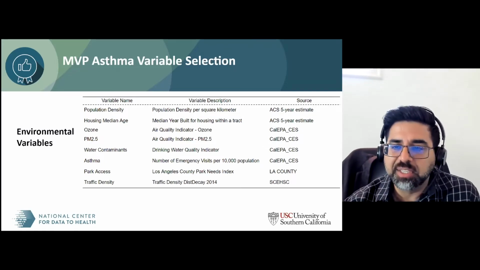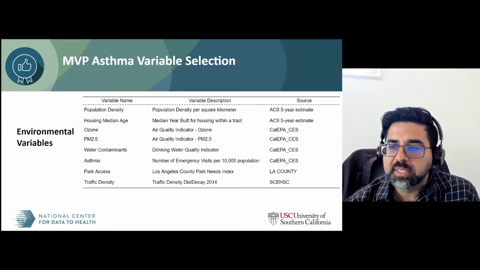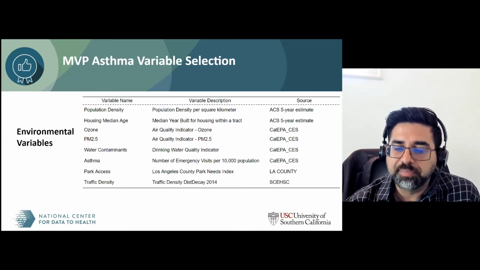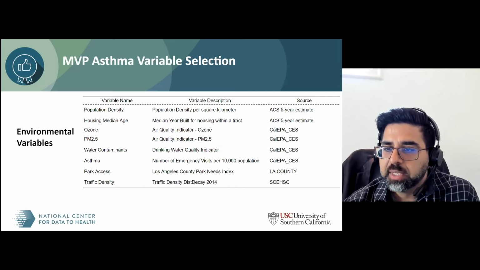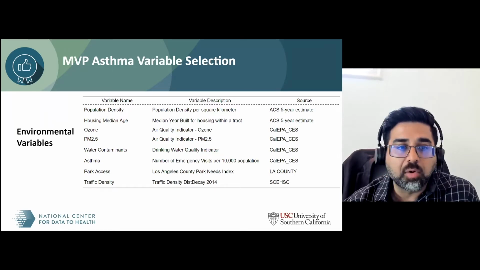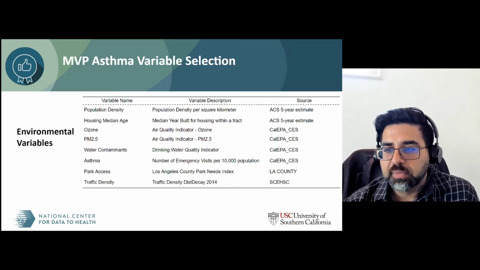And for asthma, obviously, the environmental variables have even more impact, because air quality is such a big factor as an asthma trigger. Along with that, we also have population density. Housing, how old the housing is, helps to understand what the codes are, and you can make a good estimate of whether there was asbestos or other problematic building materials. Ozone, PM 2.5, these are all air quality indicators. Water contaminants,